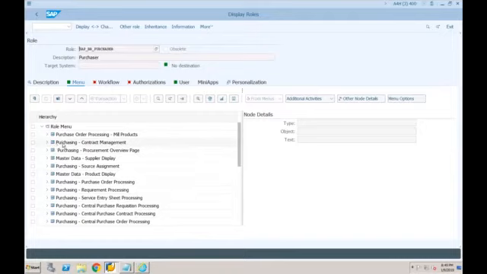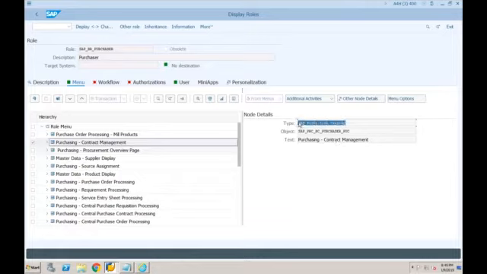So just for example, if I double click on this purchasing contract management, you can see this is an SAP Fiori tile catalog, and the object name is this one, SAP_PRC_BC_PURCHASER_PUC. What is this? This is a catalog. Now what is a catalog? So let me show you where exactly you will find this catalog.